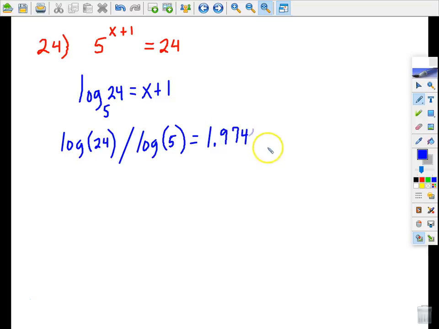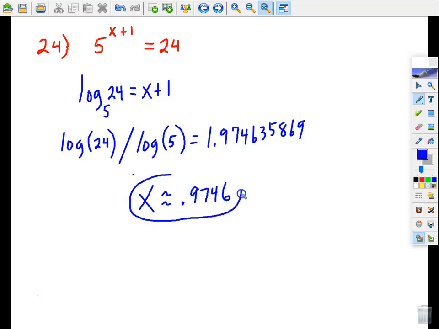I typically just like to leave that in my calculator and then do the other steps that are necessary in my calculator, but so you can see it. So to solve for x, obviously, I'm going to need to subtract 1 from both sides. So basically, I'm just going to subtract 1 from this long decimal. -1, and I get 0.9746. Okay, and that's your answer for number